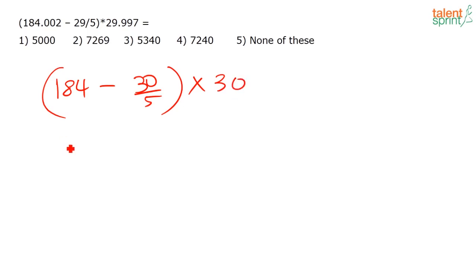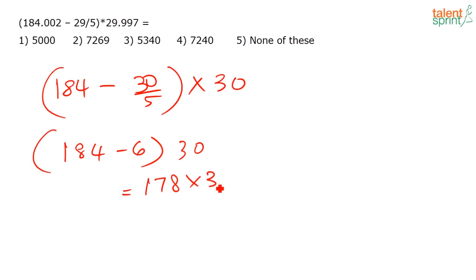Again, this was a question in the same IBPS PO exam this time. So how do we do this? Again, approximate, easy to do. 184 minus 29, you just take it as 30, correct? So that we can easily find 30 into this 29.99, you take it again as 30. So what will you get? 184 minus 6 is 178 into 30, so 178 into 3, then you just put a 0, 5340. Just check if it's correct. A lot of you are getting the answer as 5340.